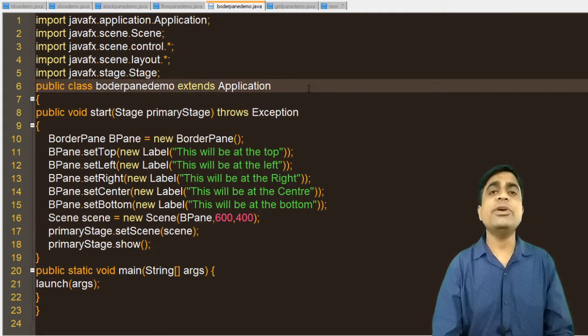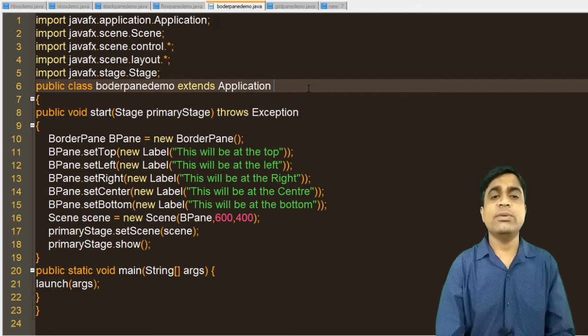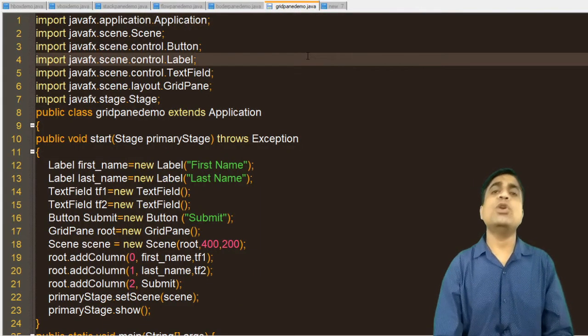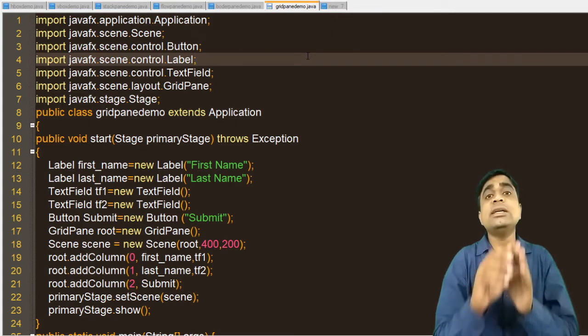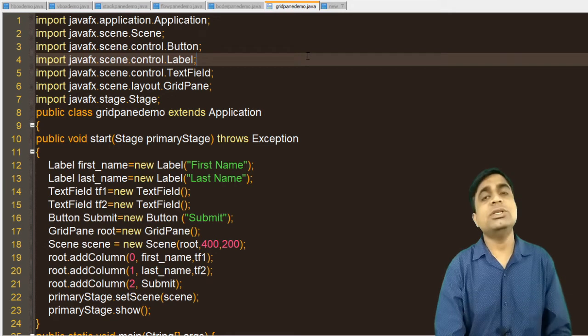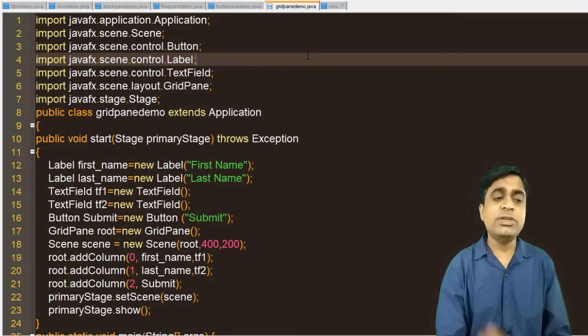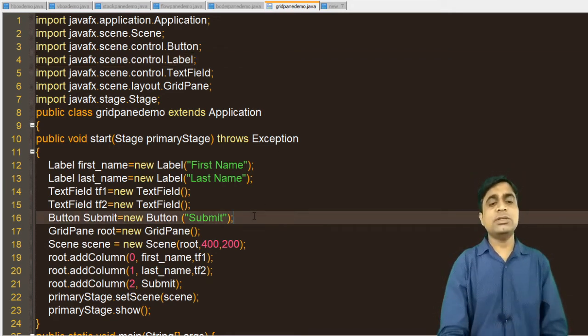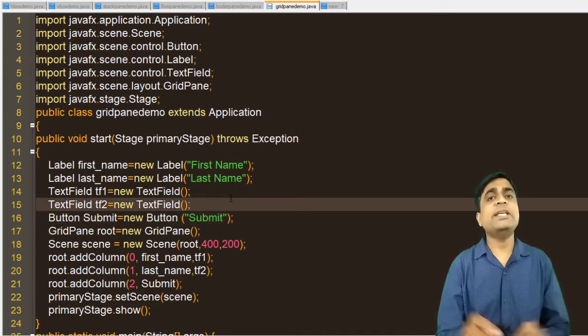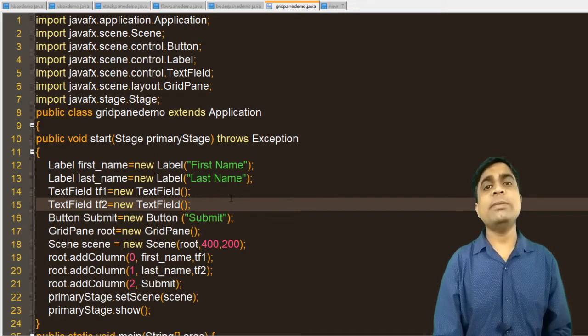So according to your requirement, you can use the different layouts. And the last one is the grid pane. Suppose you want to print the data in table format, in row and column format, then you can use the grid pane. Here I am using a simple login page type structure, because what does a login page require?